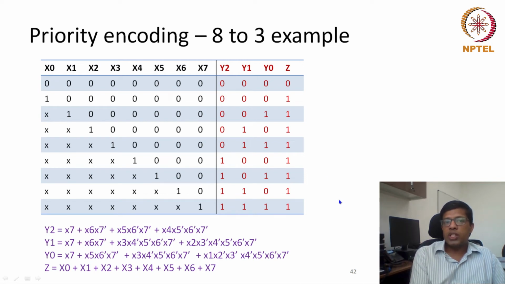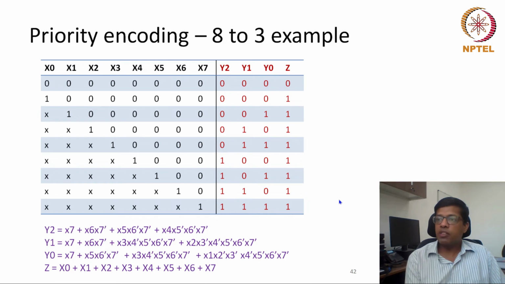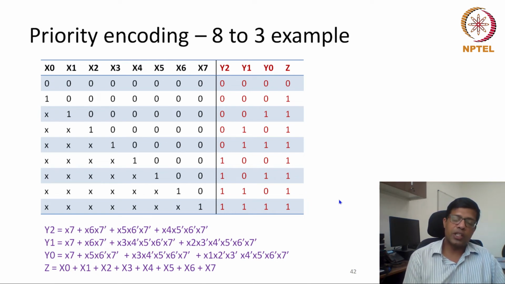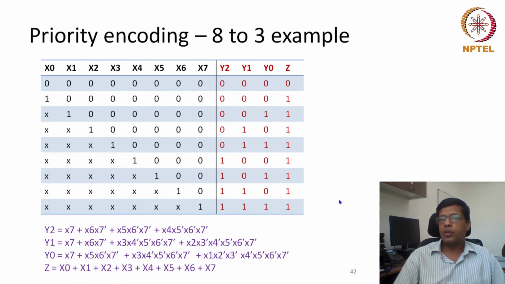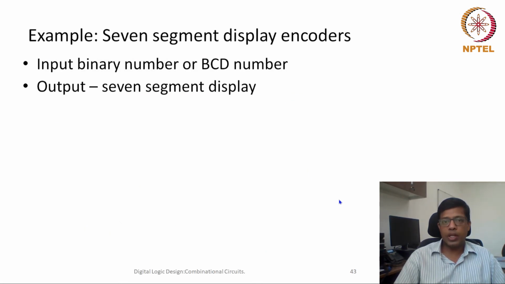Now similar to this, if there is any other priority given, we have to create a circuit for this. We have to optimize, we have to find out what the Boolean equations would be, and based on those Boolean equations we will design our expressions, and from there we'll get to know what the output is. Okay, so let's take one more example of this encoding.